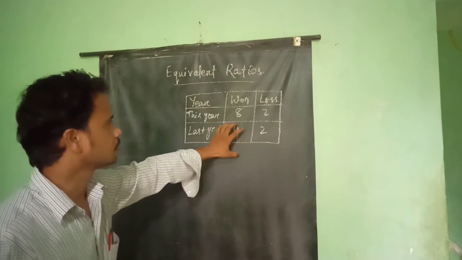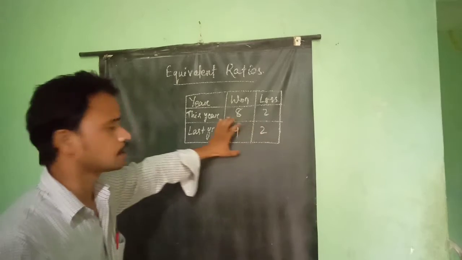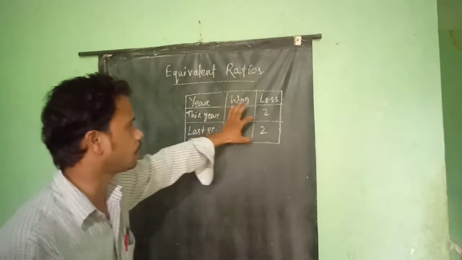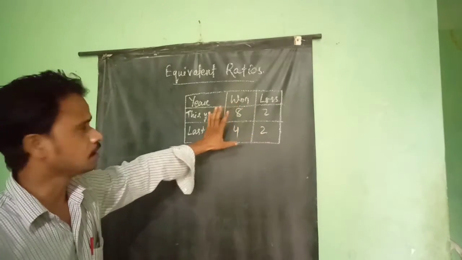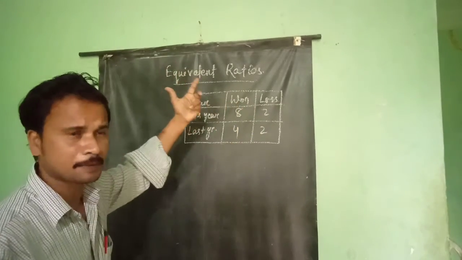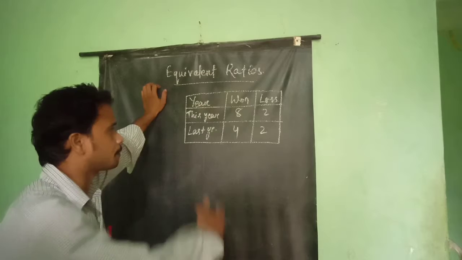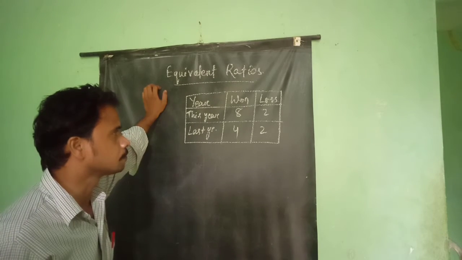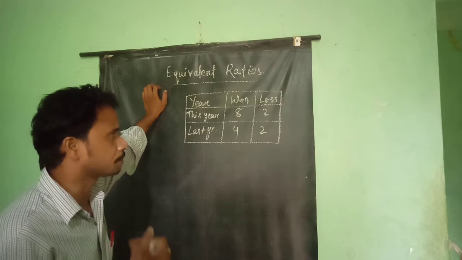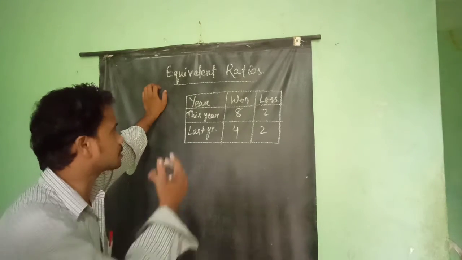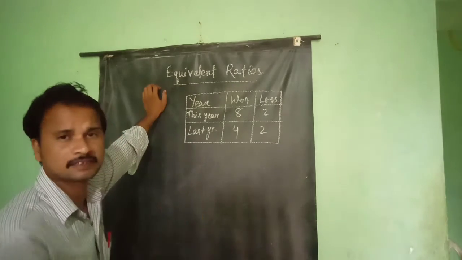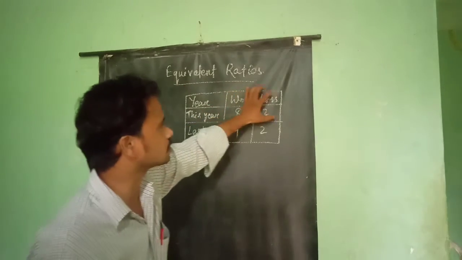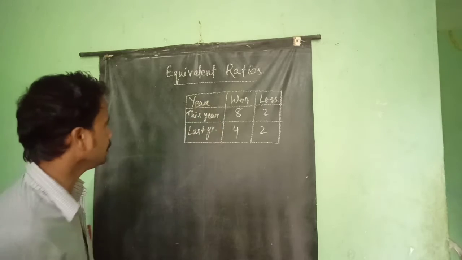But here there are only 6 matches and 6 matches से 4 matches win किया है और 2 matches में loss किया है. तो इसको कैसे कंपेयर करेंगे फिर? यहाँ पर तो 10 में से 8 आया, यहाँ पर 6 में से 4 जीता, तो इसको कैसे हम कंपेयर करेंगे कि किस साल परफॉर्मेंस अच्छा रहा. तो इसलिए हम क्या करेंगे, विनिंग और लॉस का रेशियो निकाल लेते हैं. ठीक है, तो